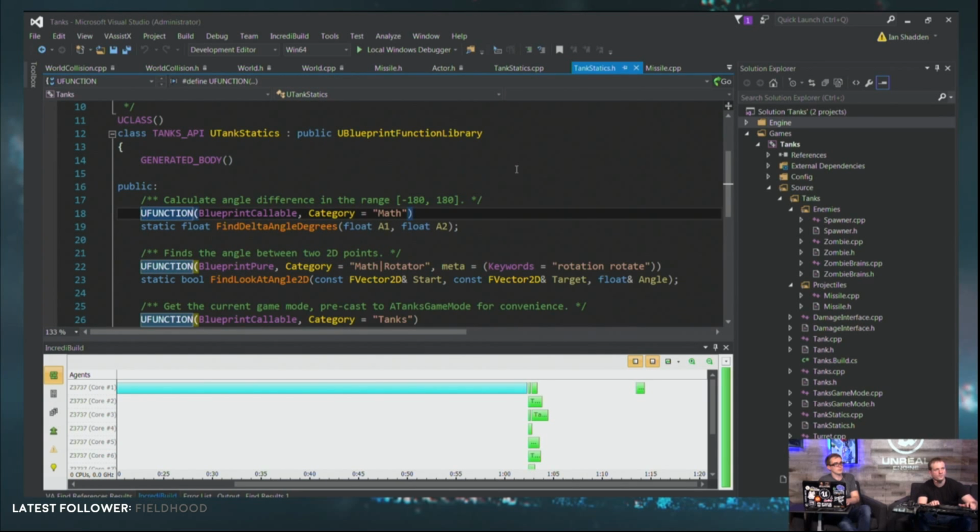Okay, so here's a function. It happens to be static. We'll maybe go over that later. Doesn't matter. The point is that this is a function. Here's a description of it. And again, in Unreal, this description will be taken into the editor and used as the tooltip. Yep. So that's why we actually take the time to write reasonable looking ones that you would want people to read. Yeah, you definitely want to make sure that you add in comments. It's just a good thing. And in our case, it actually becomes functional. So it's good. Yeah, it's really important for your users that, find delta angle degrees. That could be pretty clear if your user is familiar with geometry.